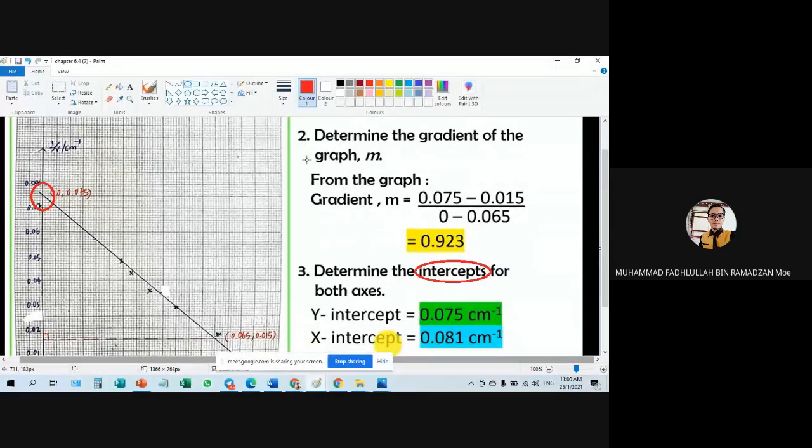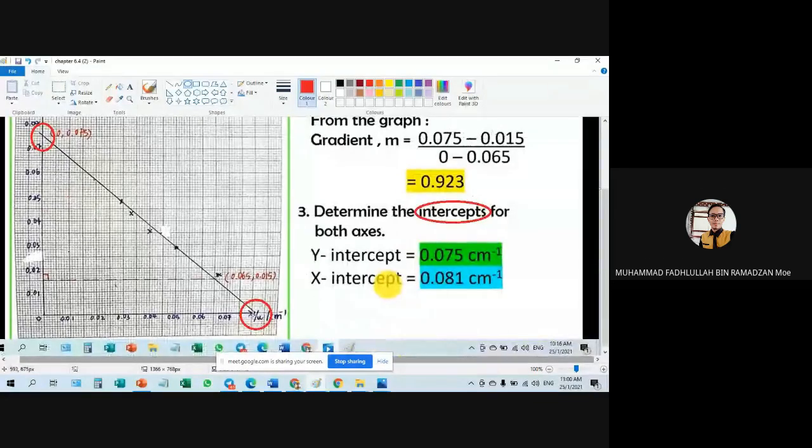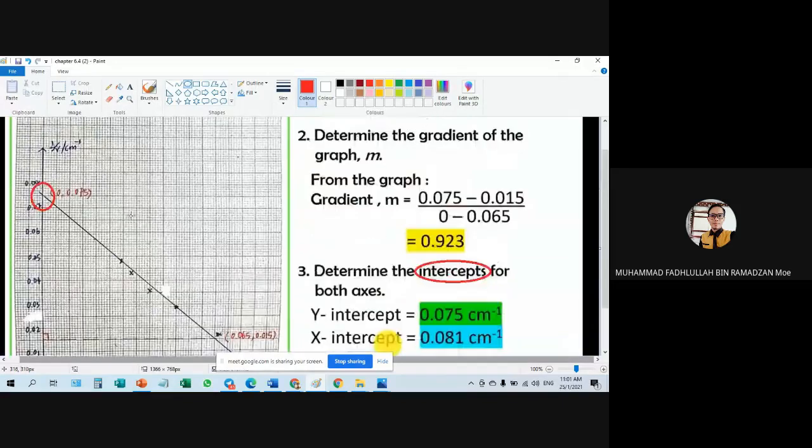and then question number 2. So question number 1 tadi dah settle. Plot a graph 1 over v against 1 over u. So y against x dapat macam ni, dapat baseline semua, tak ada problem. Then determine the gradient. Question number 2, determine the gradient of the graph. Okay, yang ni ada syarat dia. Okay,